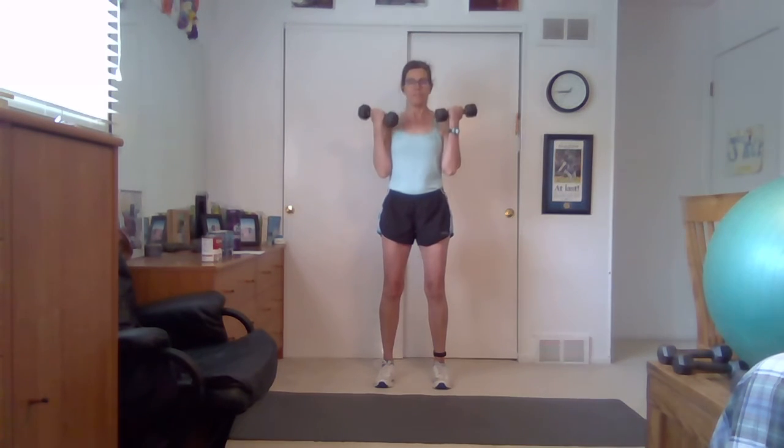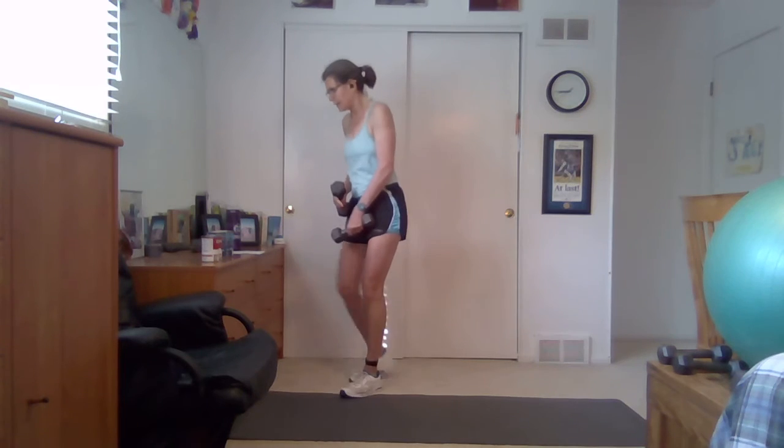You're controlling those weights, especially on the way down. You can't help but control them on the way up, but when they're going down, you want to go nice and slowly as well. Again, chest up, shoulders down, belly tight. Breathe. And we are done. Very good. Okay, next on the agenda,